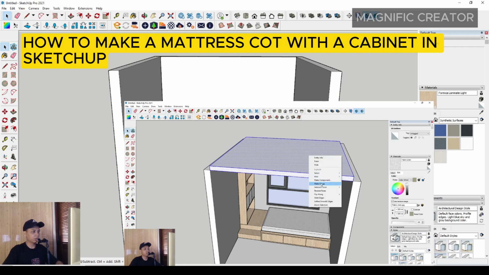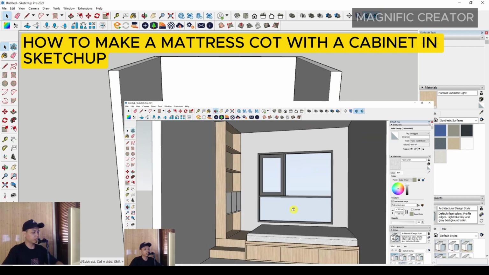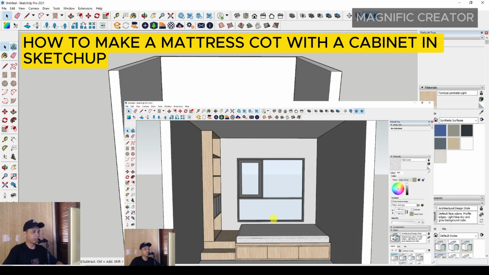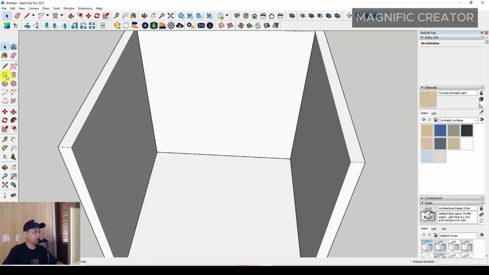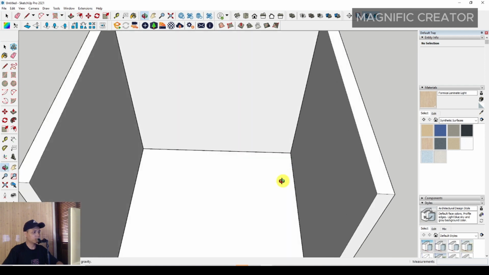Okay everyone, in this video I would like to share with all of you how to make a mattress cot with a cabinet in SketchUp. First of all, you have to make a basic shape with a rectangle or rotate that rectangle. Then you can start from this endpoint of the group by just left clicking from this node, and then you can click again, and then you can drag it to the front around maybe